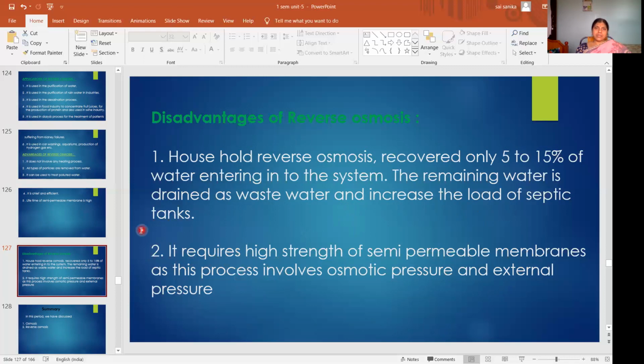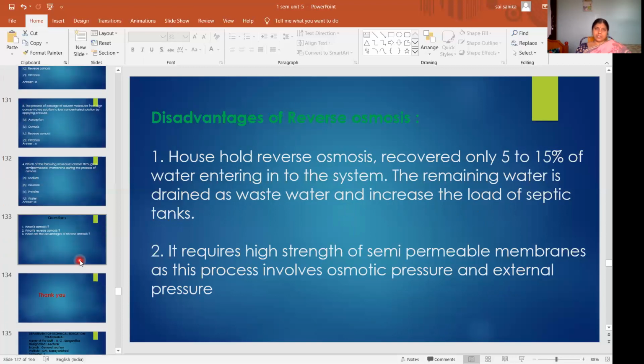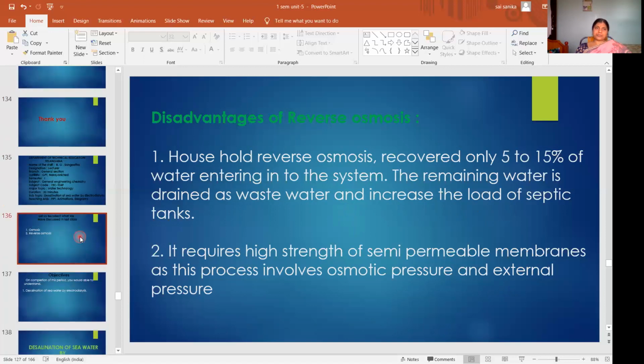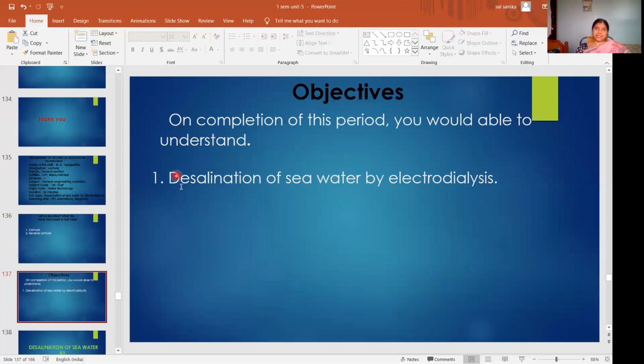So these are the topics we studied in the last class: osmosis, reverse osmosis, the definition of reverse osmosis, how desalination is done, and then the applications, advantages and disadvantages of reverse osmosis. Now we are studying the desalination of seawater by